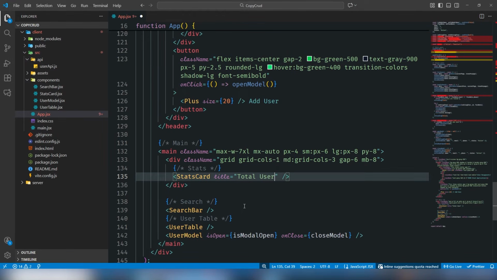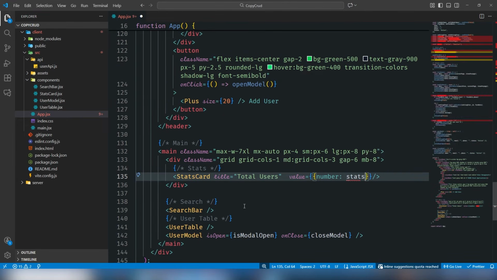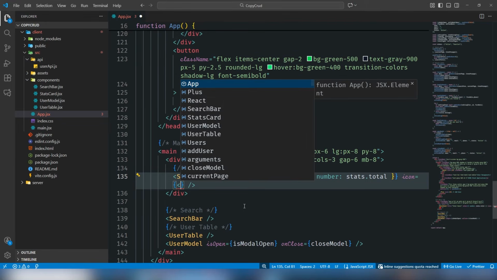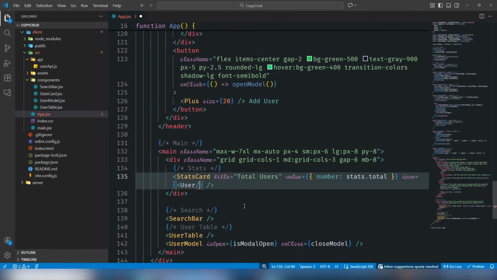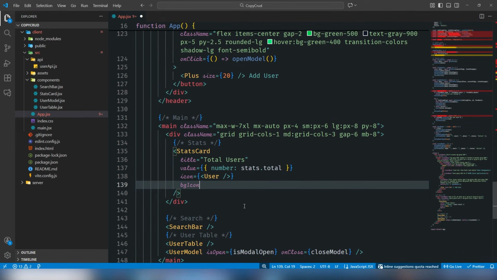So I need to pass the title, the total users, and we need to pass the status card value, which should be status dot total. Okay, so these are props, guys. Then I would say icon, the icon should be user icon. All right,